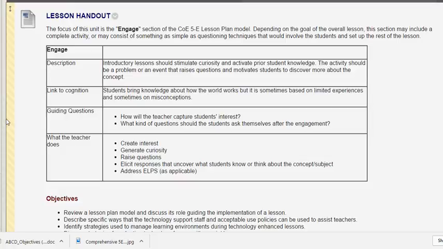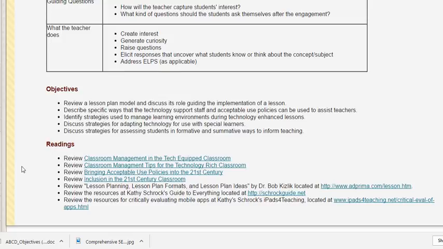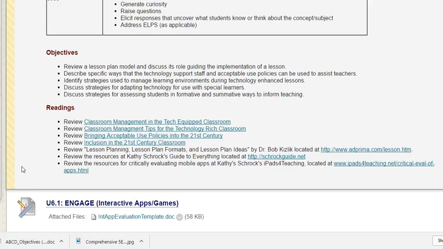Okay, for Unit 6, we're still going to be focusing on the Engage portion of the 5E lesson plan model. And depending, of course, upon the goal of this lesson, the section may include a complete activity or may just consist of something as simple as questioning techniques that involve all of the students and set up the rest of the lesson. So your objectives for Unit 6 are to review a lesson plan model and discuss its role guiding